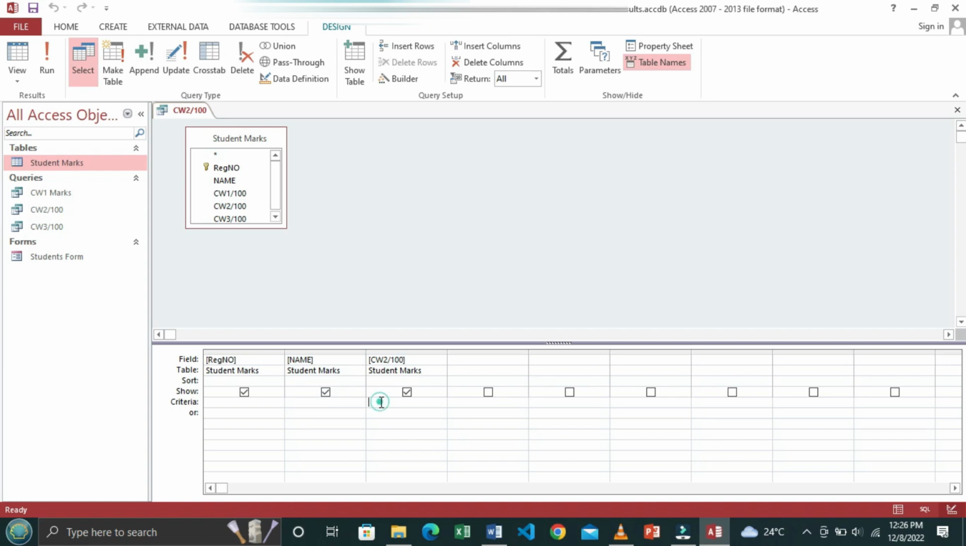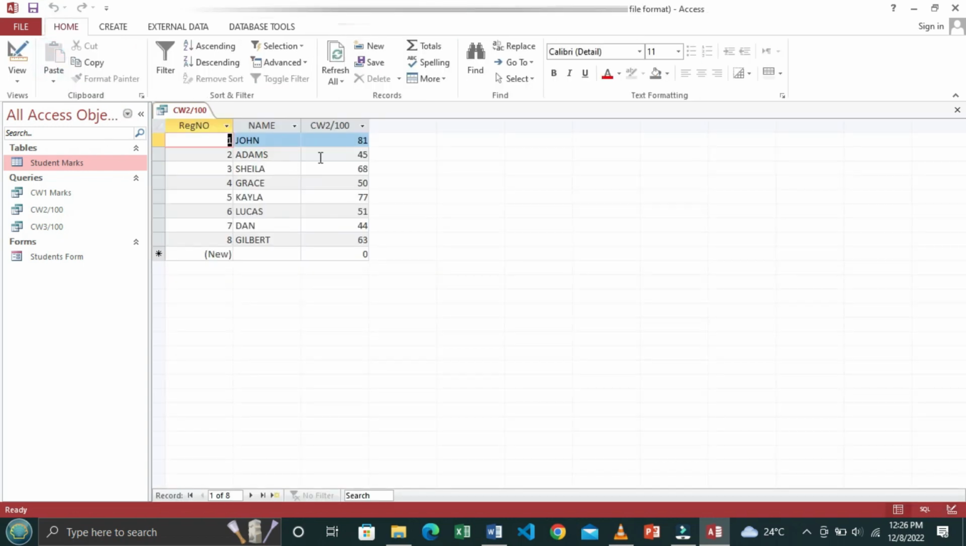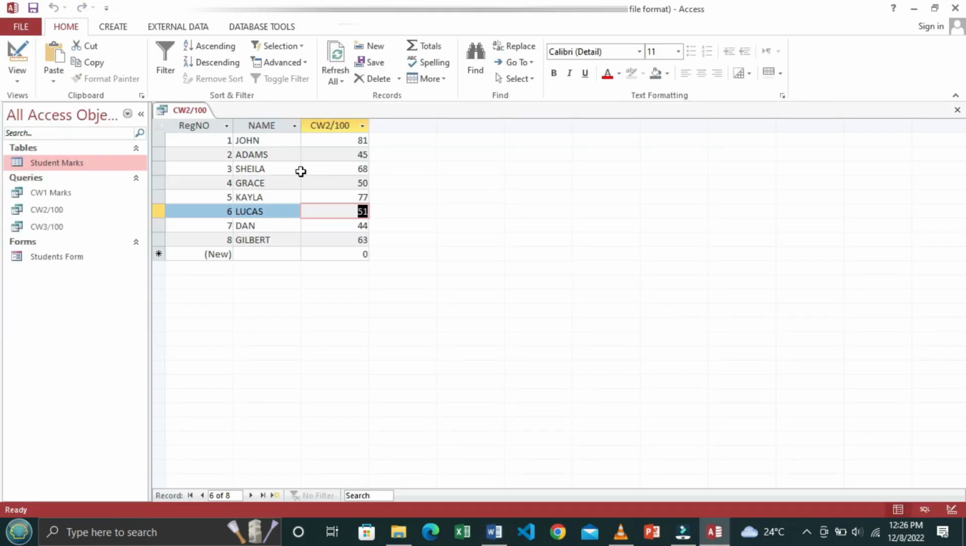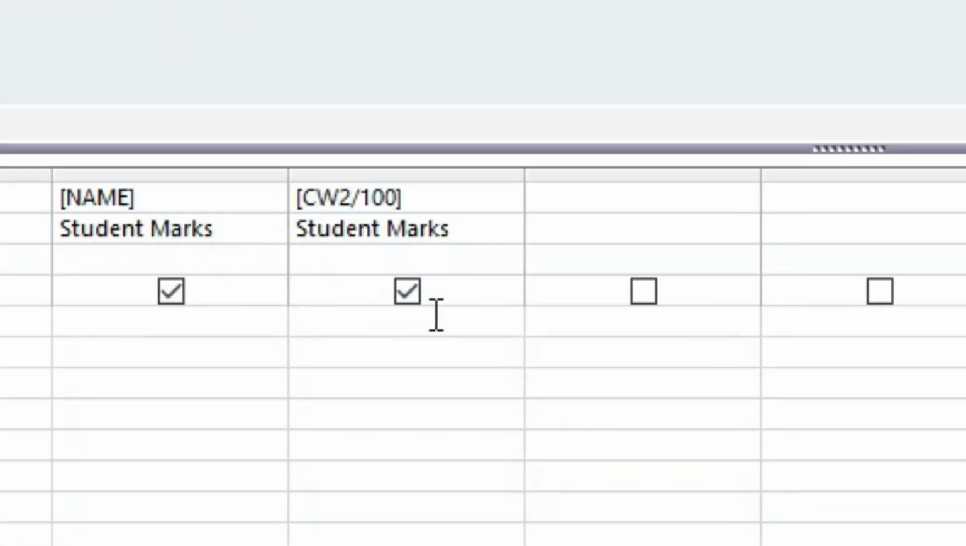Yeah, so we do the same thing. We look for the column that has coursework 2 out of 100, type there between 50 and 59. So it's the same procedure that we have done previously. Nothing much changes. As you can see, before we even make any changes, these who didn't score in the range of 50 to 59, sorry, I misinterpreted the question. Those who didn't score in that range,